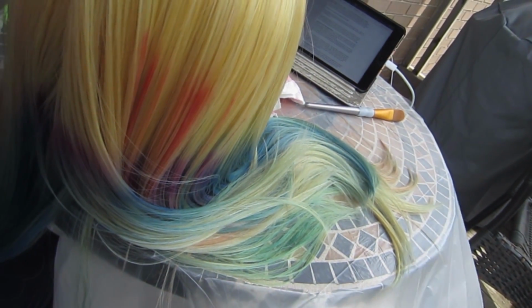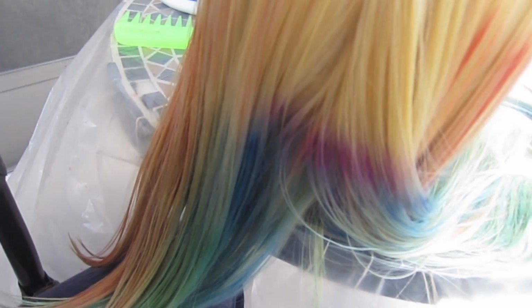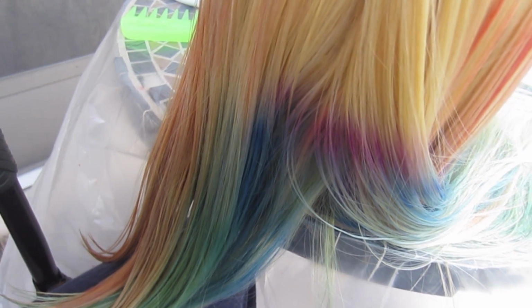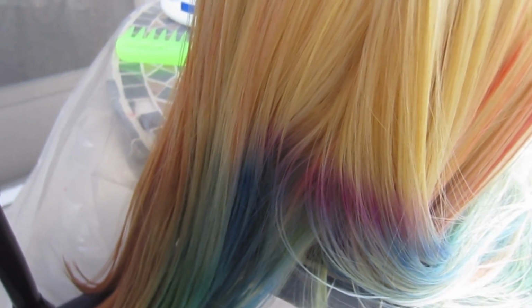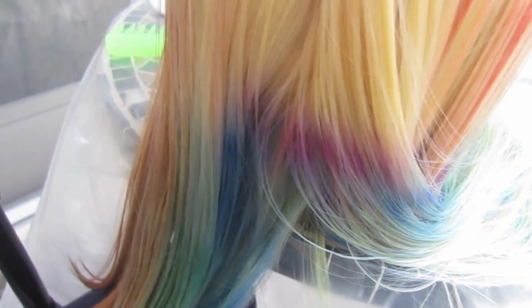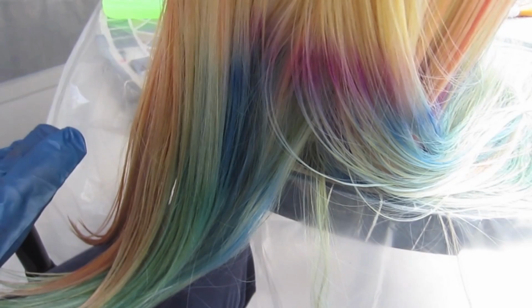But I've brushed it out or combed it out as best I can for now, and I'm gonna let that dry and then do the other half, and then we may repeat the entire thing again just to be safe. And then I have to let the whole thing dry completely, like actually dry, and then I need to flat iron it